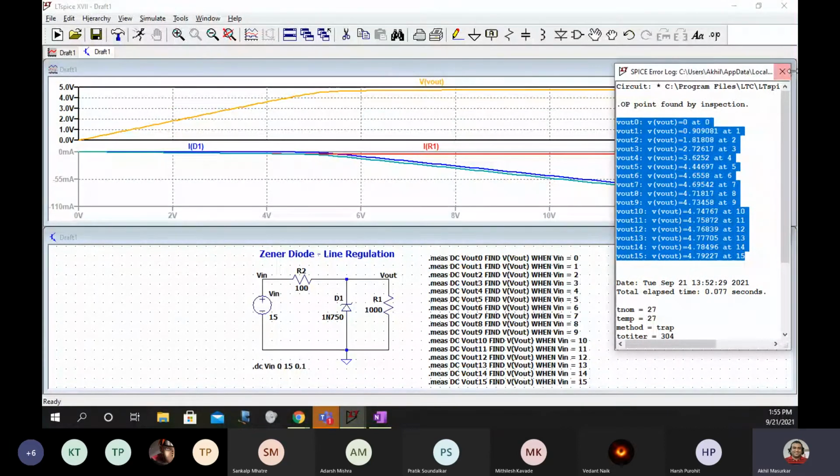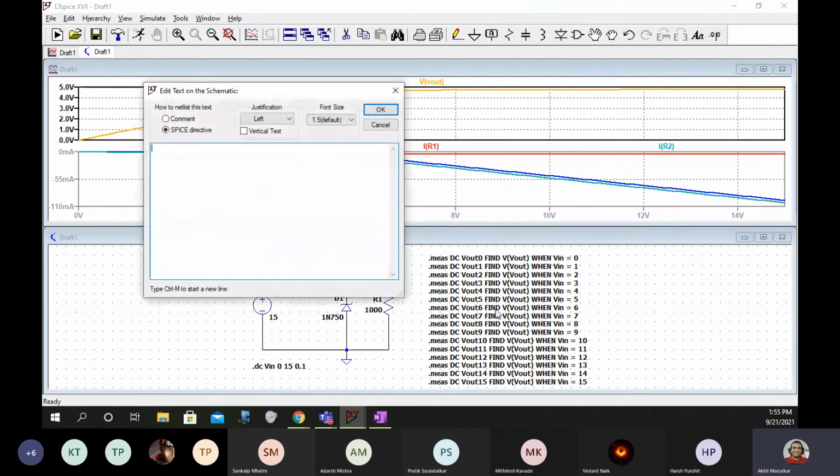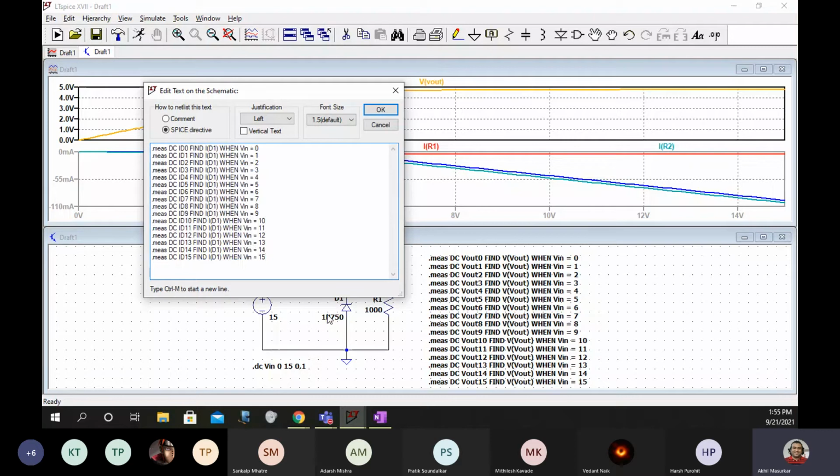Now I don't want only voltages, but I also want current. Once I know how to write the .measure command, now I am interested in finding out different values. So now I'll use something for currents also. I'll go here, .op SPICE directive.